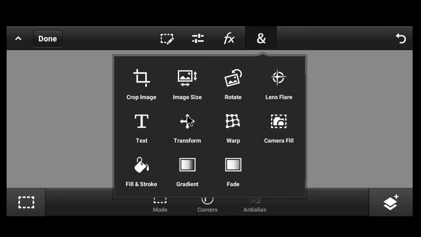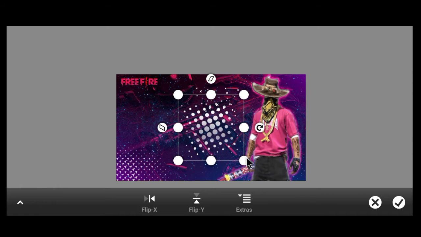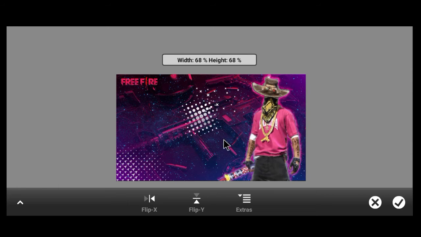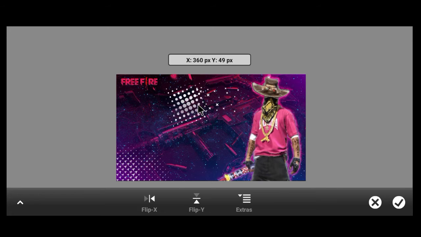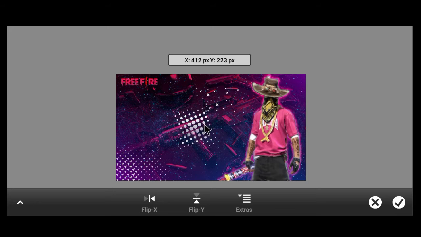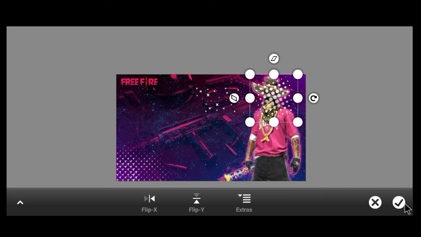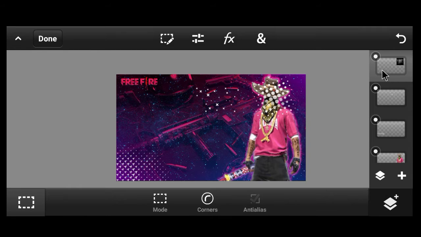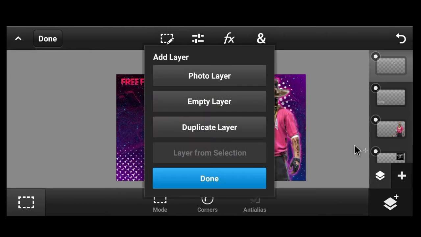Click on the end option and select the transform button so you can transform it to the desired place and size. I'll be transforming it on the character head, clicking on OK, and bringing it to the bottom of the character.